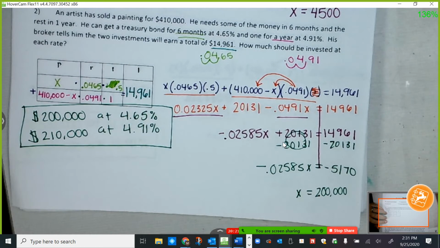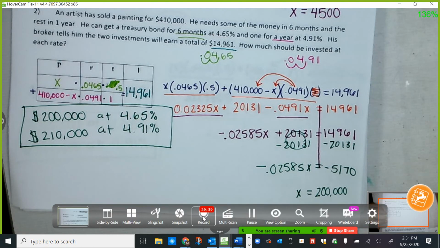Y'all, I know these problems are a lot. I also know it's Friday, 7th period. Okay? I totally realize that. My brain is fried too. It's been a long week. But I want you to try at least 2 of the practice problems. If you fill out the table and you want me to check your table,